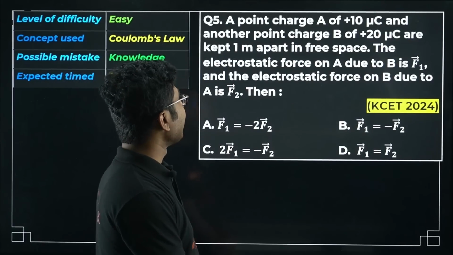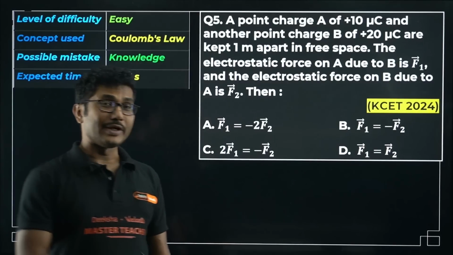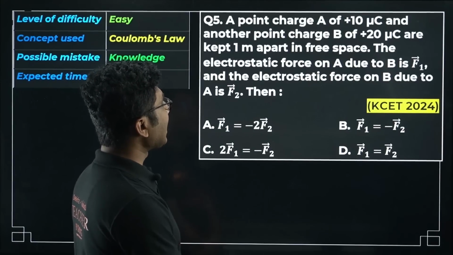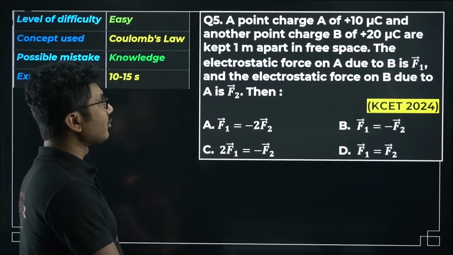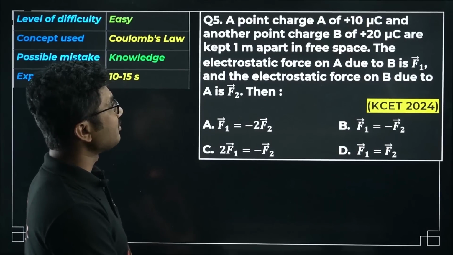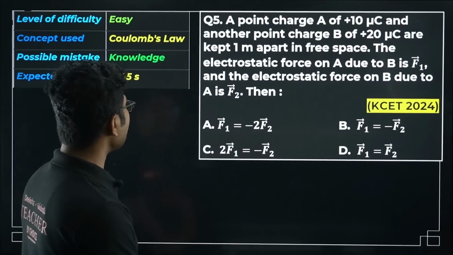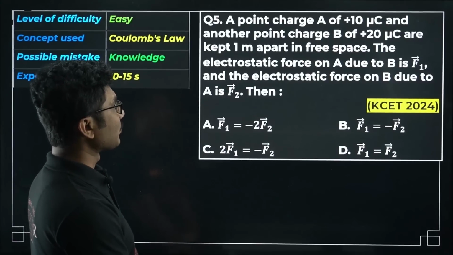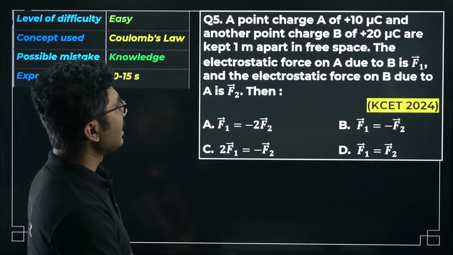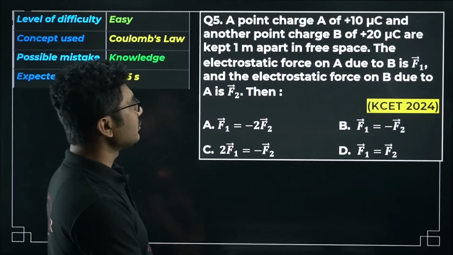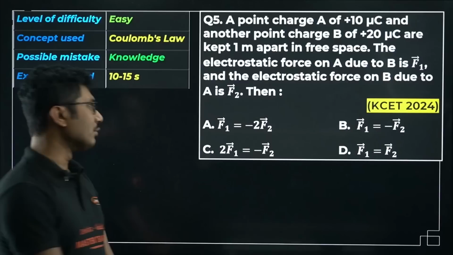It is again KCET 2024. So if you see that in 2024 we got 5 questions from this chapter alone. A point charge A of plus 10 microcoulomb and another point charge B of plus 20 microcoulomb are kept 1 meter apart in free space. Okay, the electrostatic force on A due to B is F1 and the electrostatic force on B due to A is F2. Then